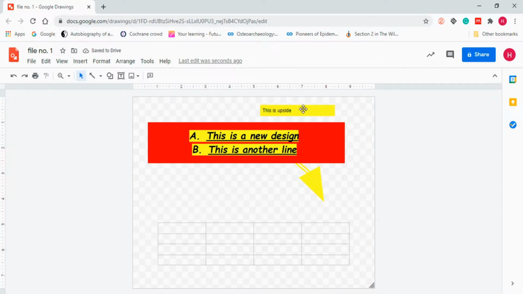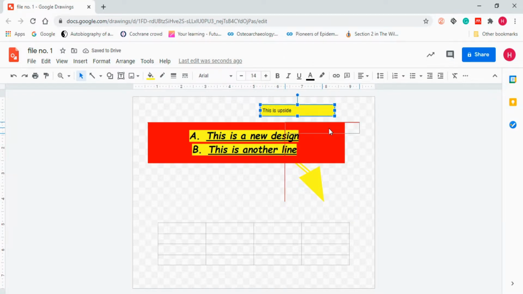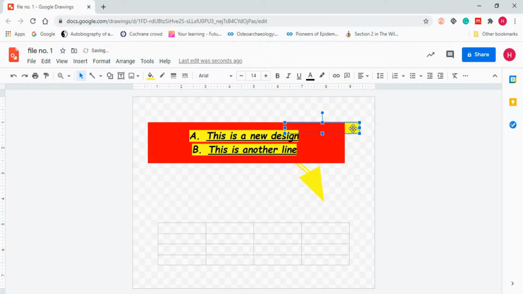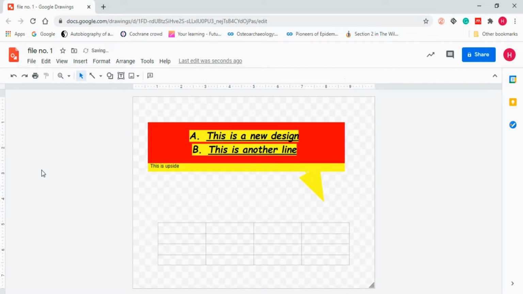Now I want this text box right here, but I want it at the back. For that I will go into arrange, send backward. Now you will be able to see that I just sent this box to the back side. Now you will see something like this. This is how you can create forward and background.